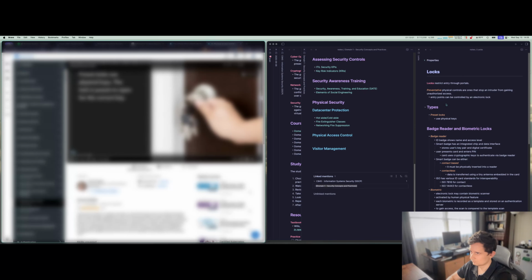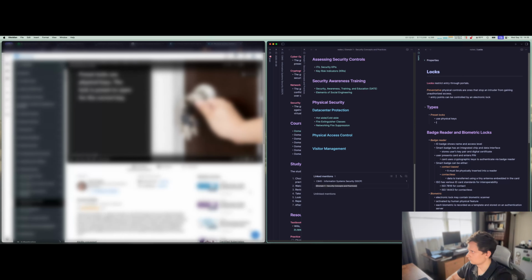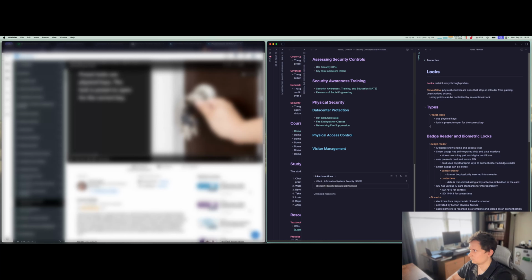The physical locks that you're probably most familiar with are called preset locks. They use a hardware key to lock and unlock, and they'll only work if the correct key that the lock has been set to work with is inserted. Incorrect keys will not open the lock.